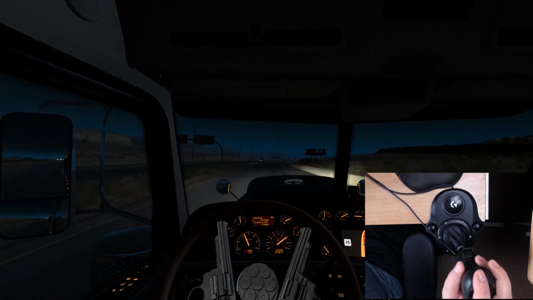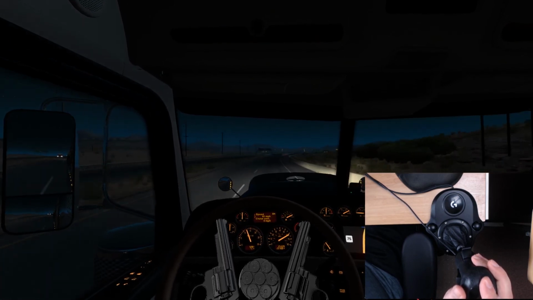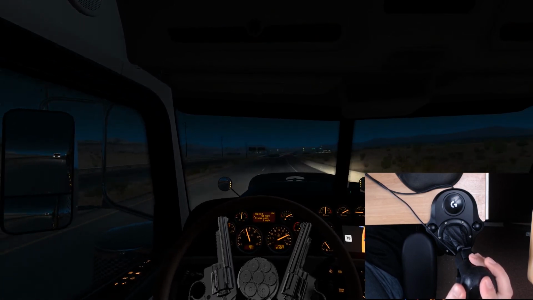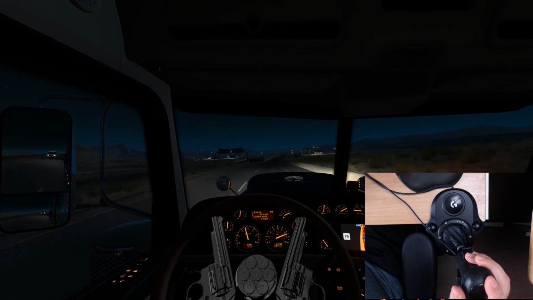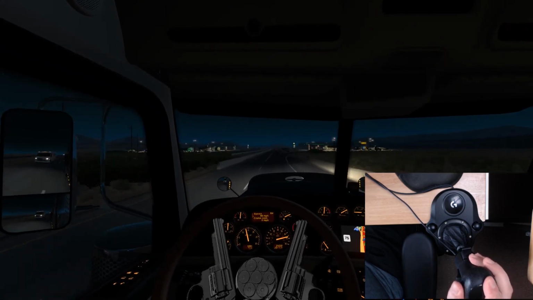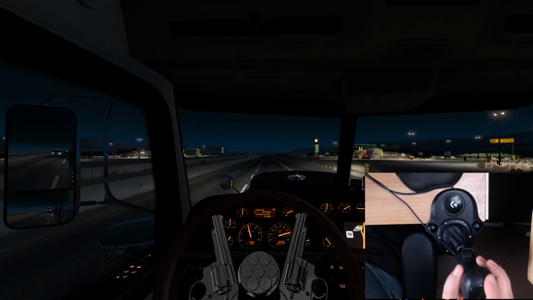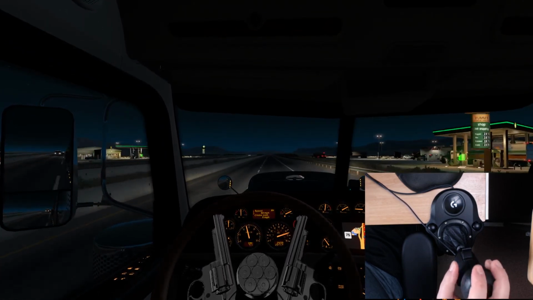So there you have it. There is the Eaton Fuller 18 speed. The apple of my eye, I guess you could say. I absolutely love the transmission. I love driving it. I love driving it in real life, and I love driving it in game. So I hope it helped you out, and I hope you enjoyed the